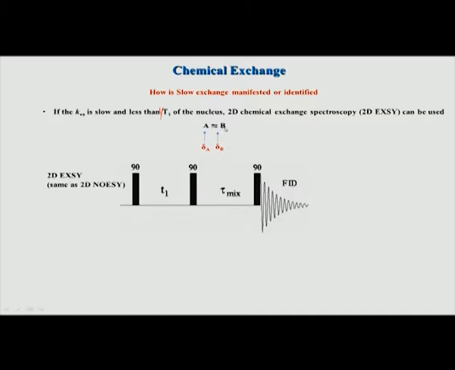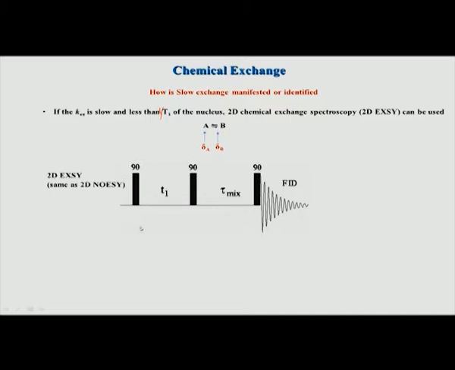So, let us say we have again two states. Now, this is not the same example as the previous slide, this is just showing that there are two states. The hydrogen atom on state A is now going to the hydrogen atom on state B and it has two different chemical shift values, we will call them delta A and delta B. So, what is the experiment which we need to do? This is the exchange experiment and it is exactly the same as 2D NOESY. So, 2D XC and 2D NOESY are the same. So, 2D NOESY itself we can use to characterize this slow exchange process.